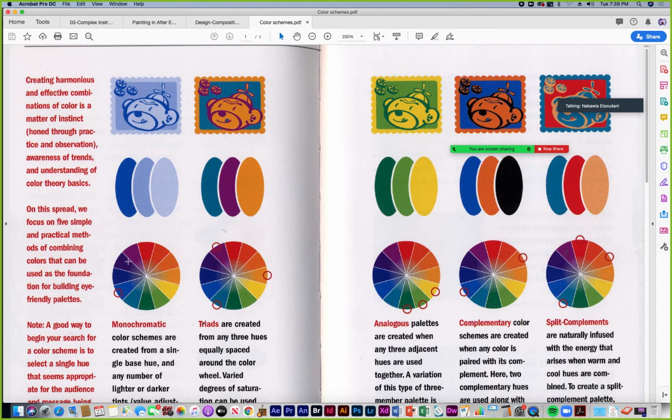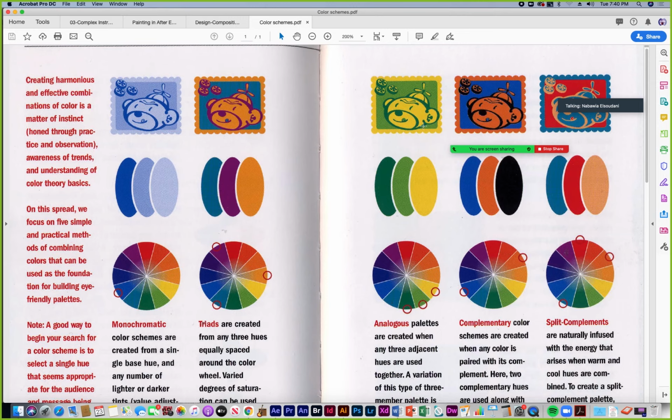So in this example, they used the pure color blue, and they used different tints of the blue to create the lighter forms. This is a triad where you choose colors that are equally spaced around the color wheel. In this example, they decided not to vary the colors in any way, not in value or intensity. They just used the pure colors right off the color wheel because the colors had a nice enough contrast, a nice enough balance as is. So they created this example in the design.